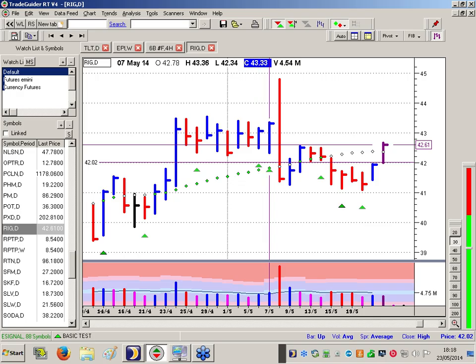Then they say, right, okay, we're going to have an upthrust. We'll ram it up, catch as many stops as possible, mislead as many people as possible, thinking all that's now bullish, right, which it does. Don't forget, they do this because they know the reaction of what we call the herd to price movements in the market.